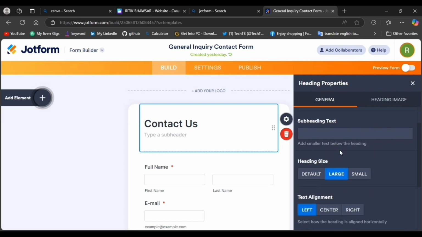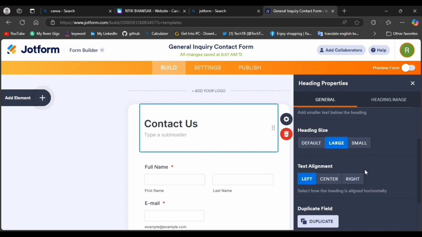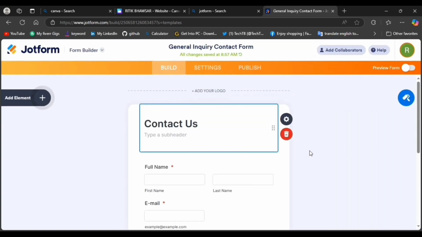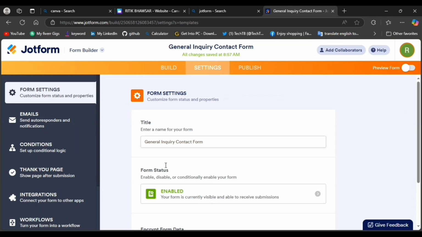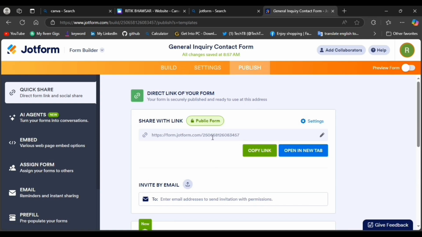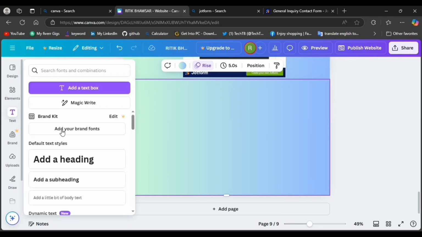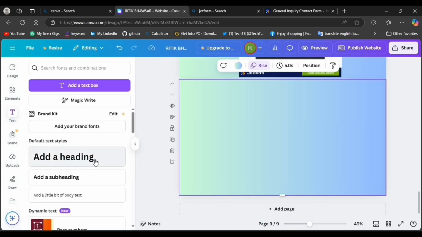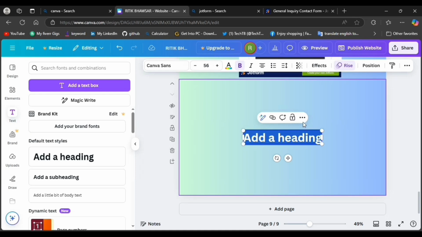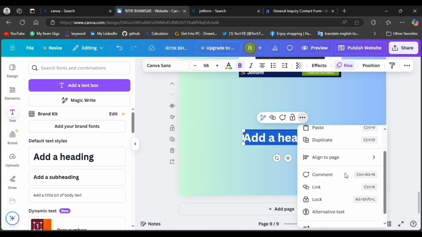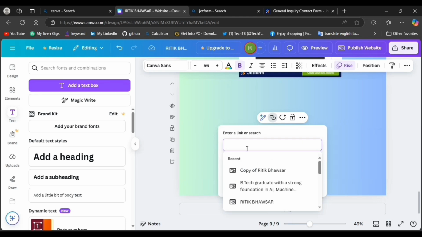Go to settings. These are the settings we can do. And let's go to settings, and when we go to publish, here is the URL of the form. So let's copy the URL, and here we need to add this URL. So go to text and select any text, and let's click on three dots and then link. So let's copy the link of the form,